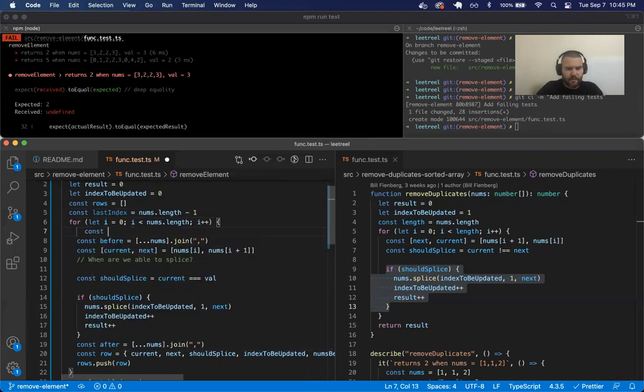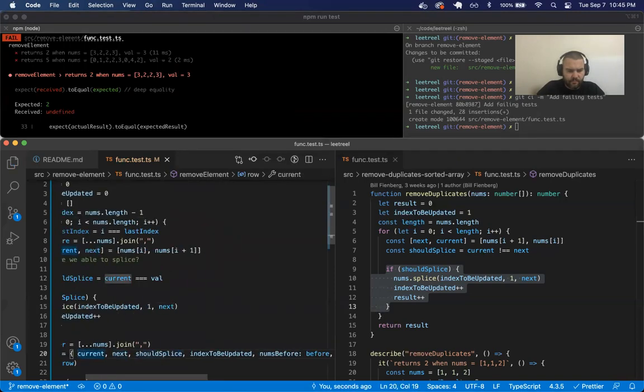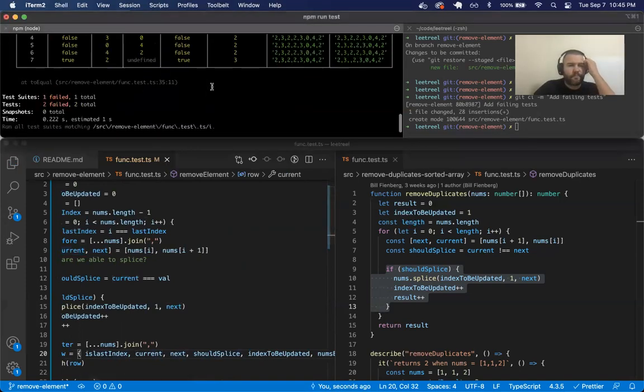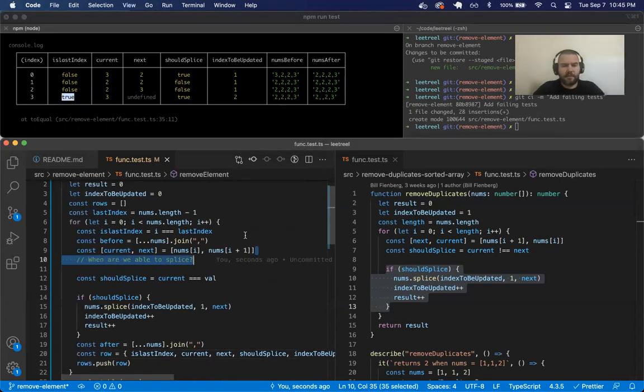So then const is last index. I'll just say all right, so let's just add this here. So we should always place it as last index. And for this test case anyway,